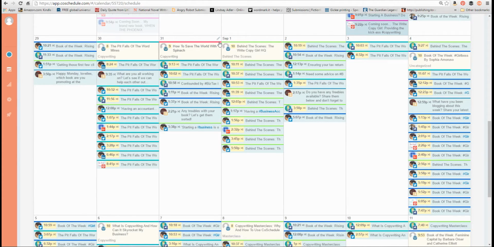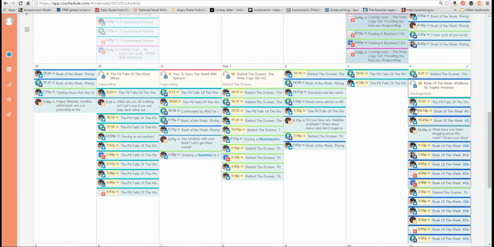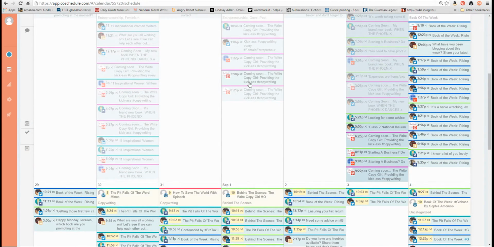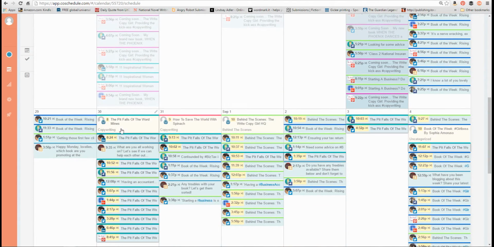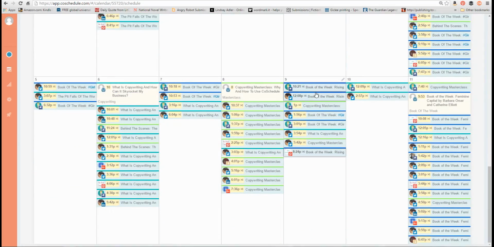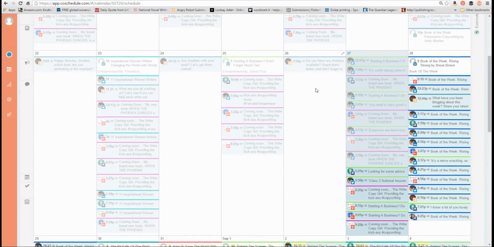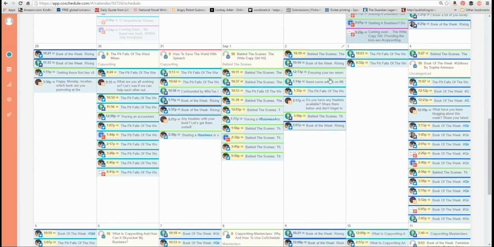Now it's not just for the sake of having pretty colours that we can colour code them. It's actually really, really useful. You'll see if you look at this, I've got all different kinds of colours on here. I've got purple, I've got green, I've got blue, I've got this kind of turquoisey colour, I've got pink, and you know, you can have orange, yellow. I think there are 8 different colours that you can have, and this is really, really useful because it lets you see at a glance not only what kind of post your blog post is, but